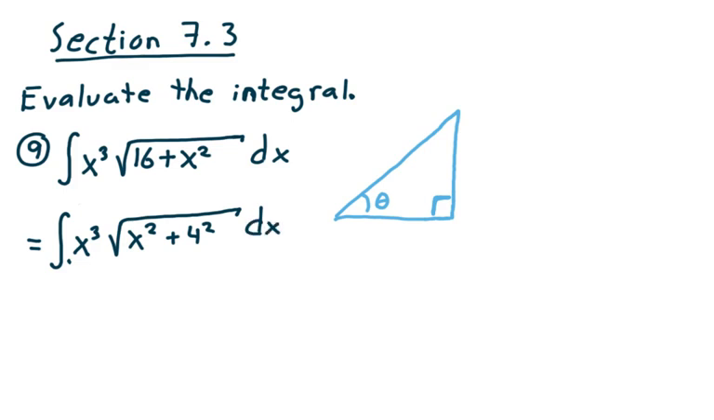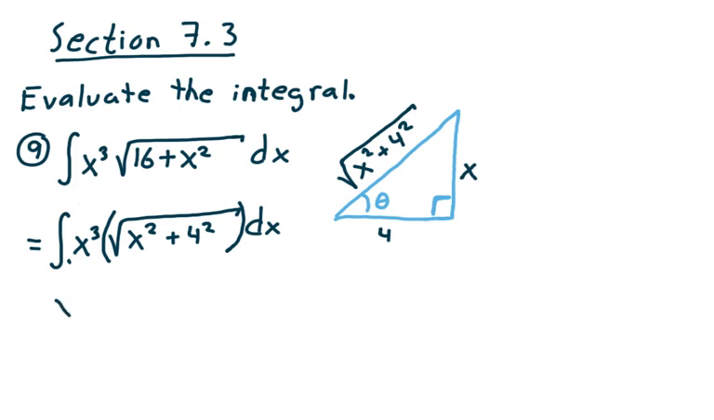Now, let's take a look at this radical part. What does that tell me? The side opposite to angle theta in this triangle, we're going to call x. The side adjacent to angle theta is 4. And this is not a coincidence. By the Pythagorean theorem, the hypotenuse is the square root of x squared plus 4 squared. Okay. Now notice,